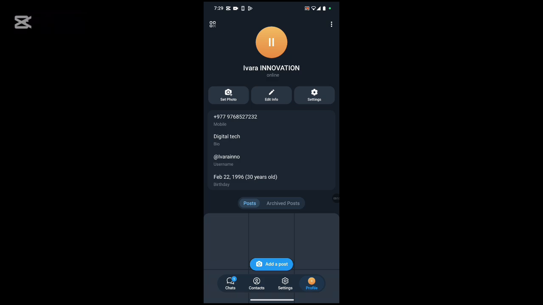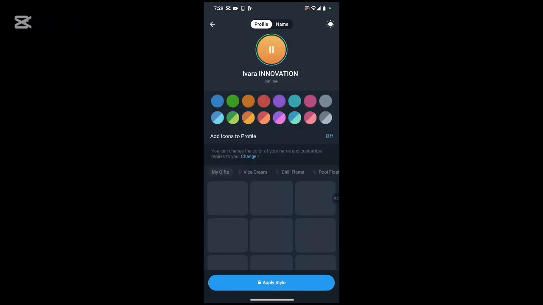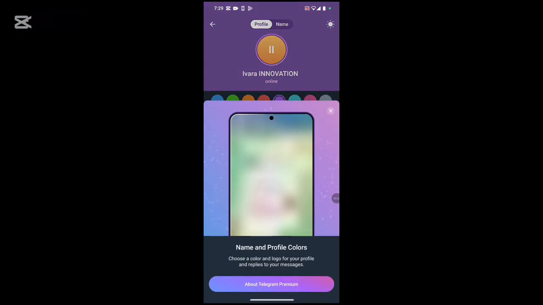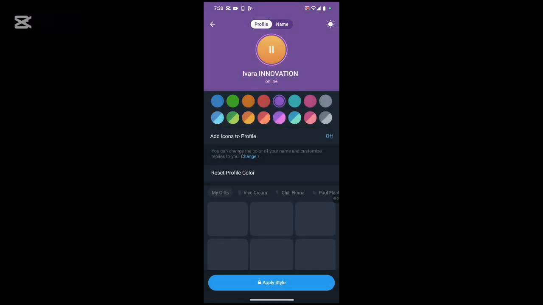From the profile section, tap on three dots at the top right corner of the page. From the drop down, tap on Change Profile Color option. On the next page, choose any of the color to what you'd like to change to and click on Apply Style option. Once you do that, you'll be able to change your profile color quickly and easily just in few